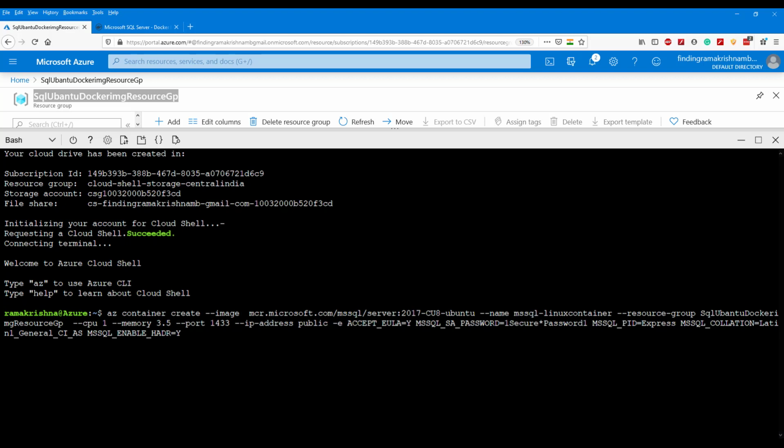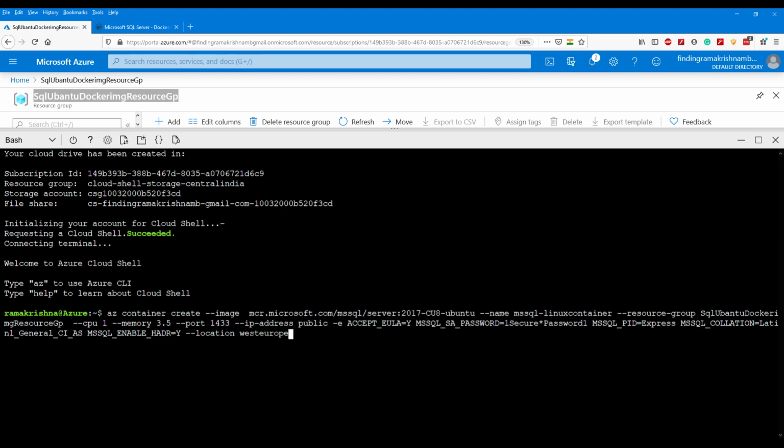We need to set a location for this Azure Container Registry also. So location will be West Europe. So everything is set and fine.